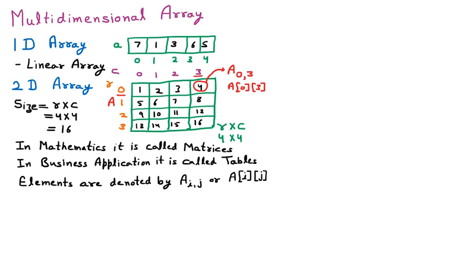I am taking one more element to make you understand. Let us suppose that we are taking the element 11. Now, how to represent this? The name of the array is A and the row is 2. So it will be A2, comma, column 2. So A22. That is the representation of this element, or if we want to provide the bracket notation, this will be A[2][2]. So that is the way by which we can represent the 2D array elements.